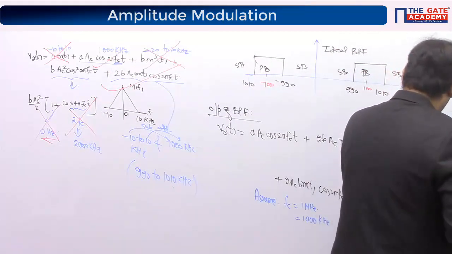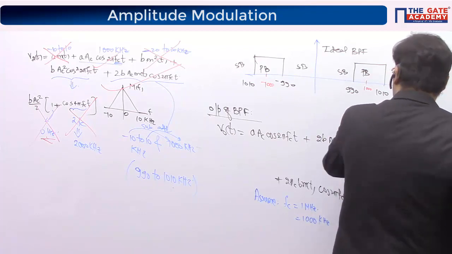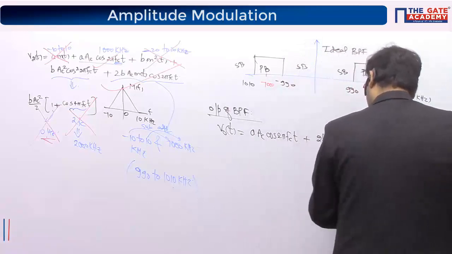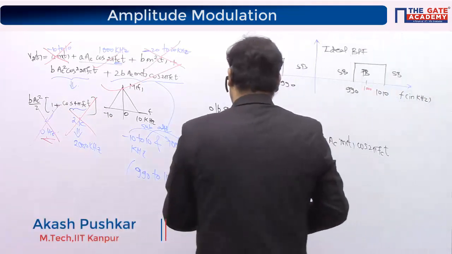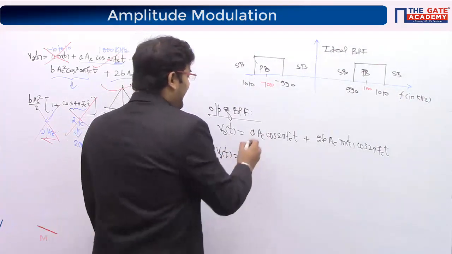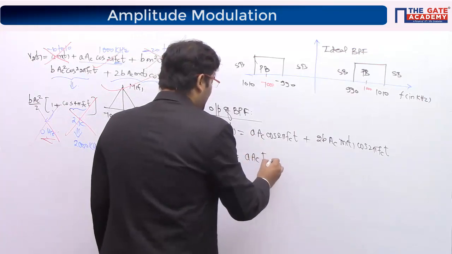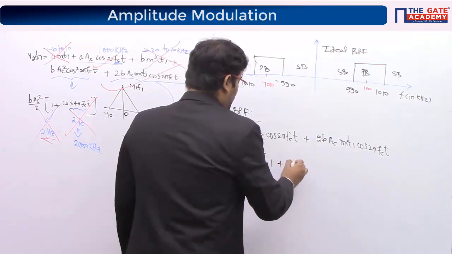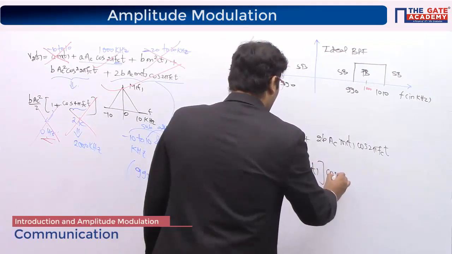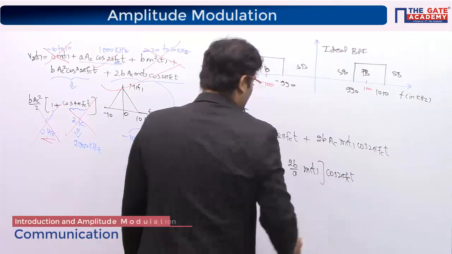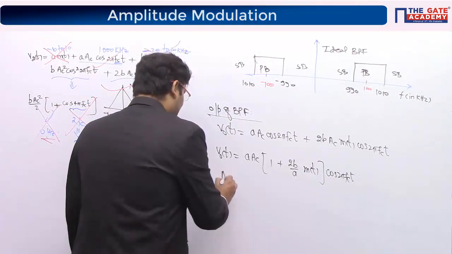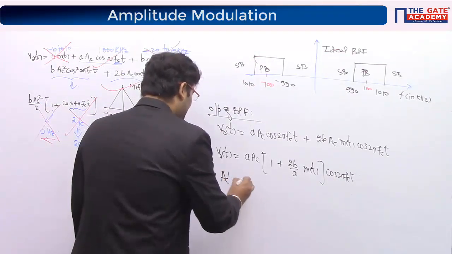If we further simplify it and try to convert it into a standard AM signal, it will look so nice. Just let me write. So it is V output T. Take A_C common, so it will become 1 plus 2b by a m of t, times cos 2 pi f_c t. Look at it. This is what we are trying to get, right? So you can say that A_C dash is equal to a times A_C.